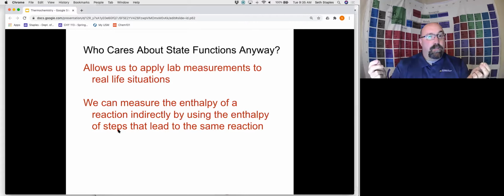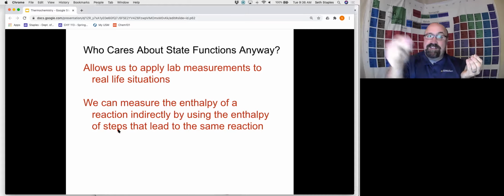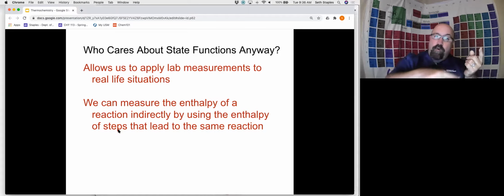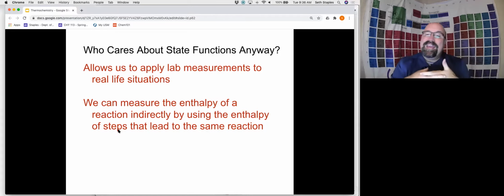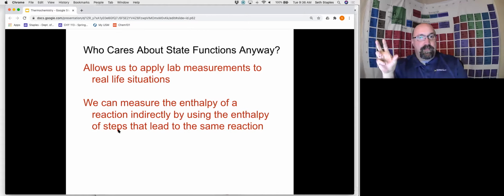We can, though, possibly measure A to C, and we can measure C to D. So if we know the energy from A to C and from C to D, those energies combined are going to be equal to the energy from A to B. Again, it doesn't matter the pathway that we take to get there. We could go through 7 different reactions to get from A to B, and as long as we can measure the energy of all those, that will be equal to the energy difference